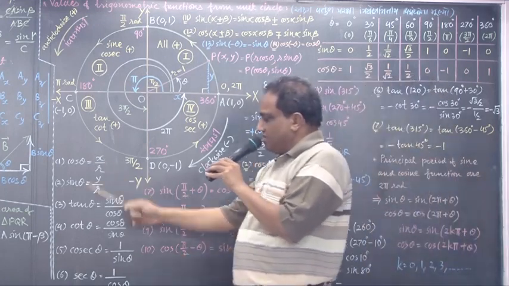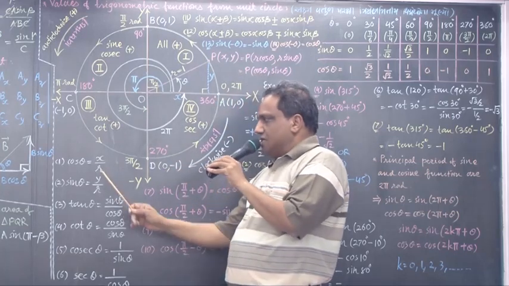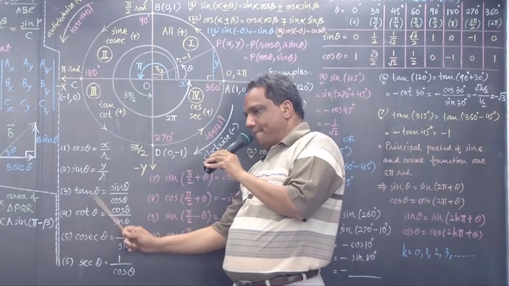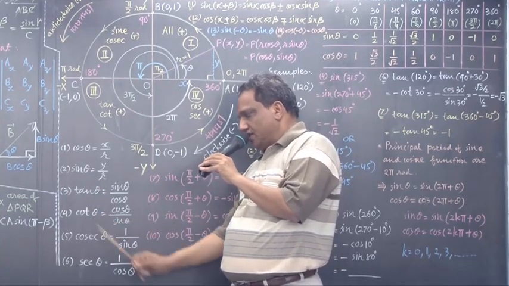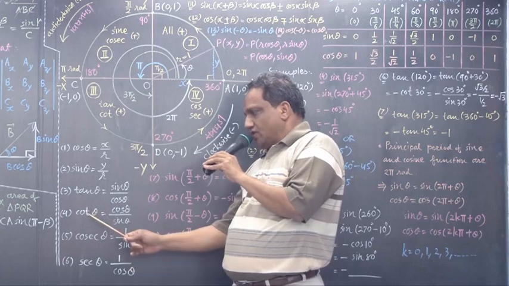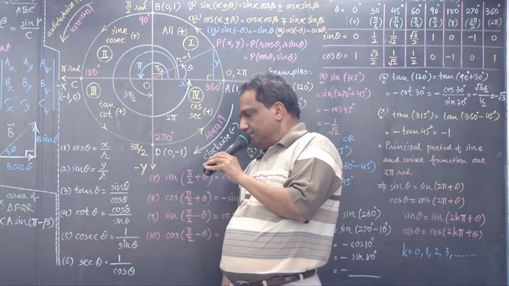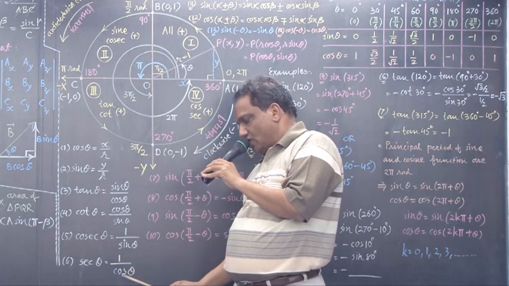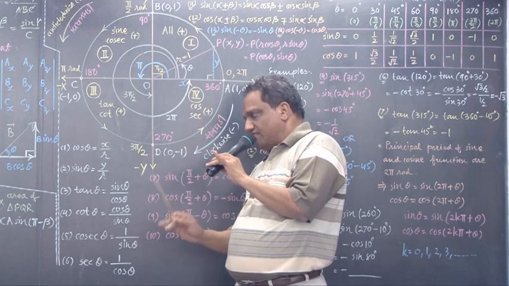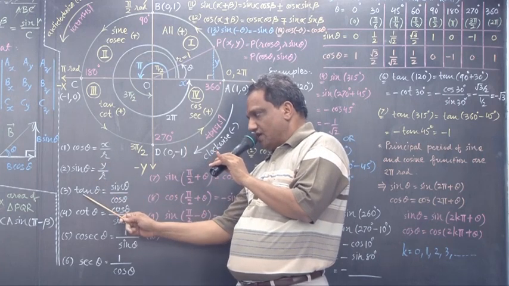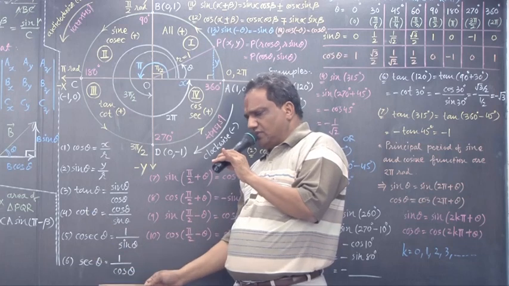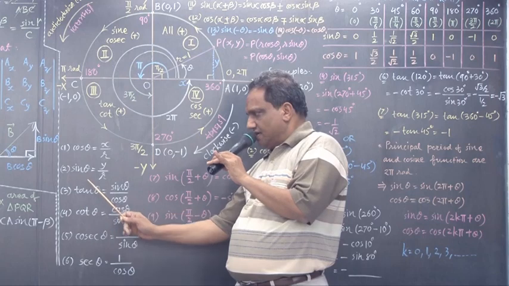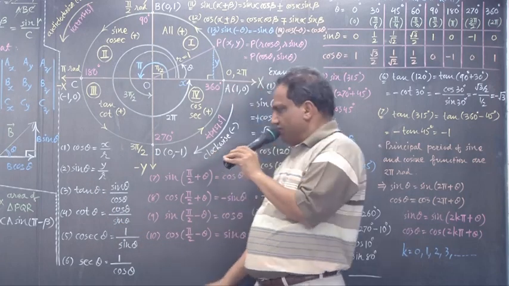Now, the basic 6 functions you must have remembered. Cos theta, sin theta. What is tan theta? Sin theta upon cos theta. Cot theta is nothing but 1 upon tan theta. Cosec theta is 1 upon sin theta. Sec theta is 1 upon cos theta. But in practice, we will require these 3 very much: cos theta, sin theta, tan theta. These other 3 will hardly come into use. Fine. Now look.